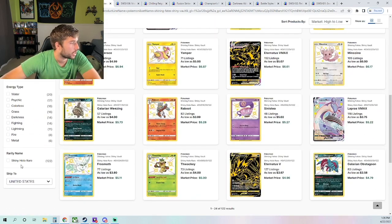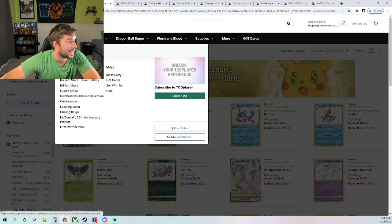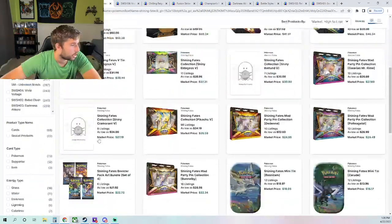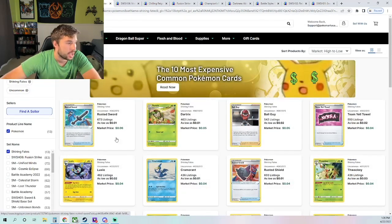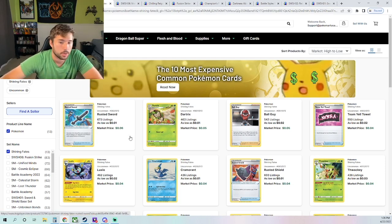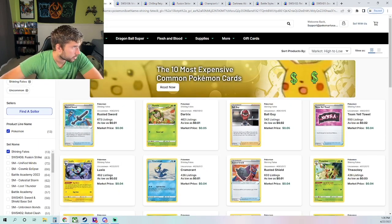When talking about the uncommon cards that you can pull in the set, there is not a lot of uncommon cards that are worth anything, if not any, in all honesty. We can take a look and see right now, do we have any uncommons that are actually worth pulling? I'm gonna make a statement saying probably no, honestly. Yeah, I mean, this is the worst set so far we've looked at in regards to pulling uncommons for making up value. So opening wise, you're gonna have a ton of loss in value,